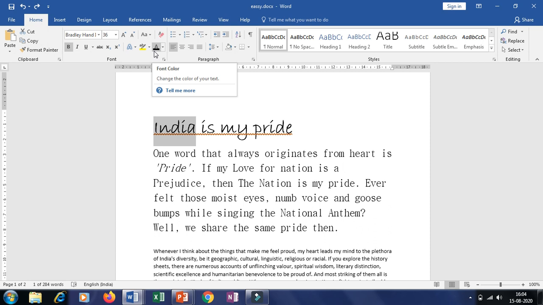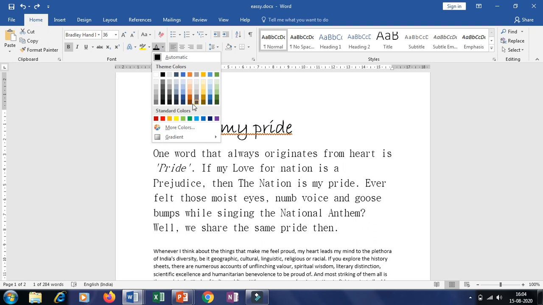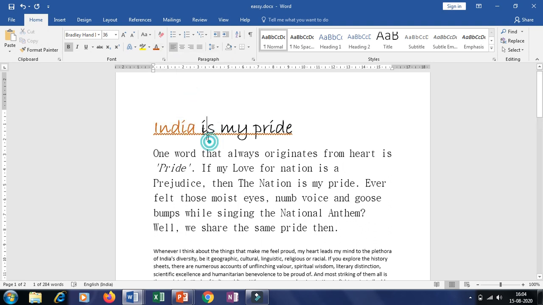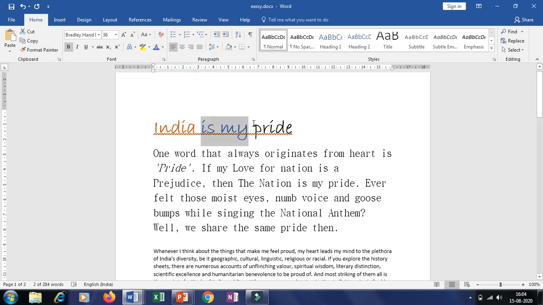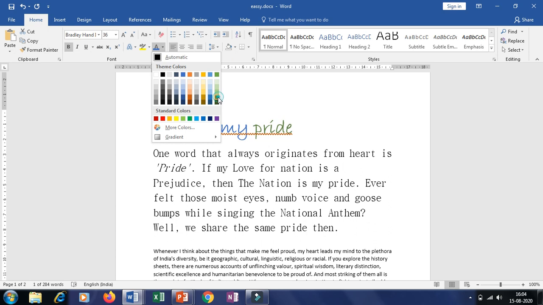So if you don't know any names, you can just bring your cursor on that particular option and you will come to know the names. So click on this. Now I want it in orange color. I'll select orange. I want is my, okay, I'll take it in blue. Okay, and this one in green.